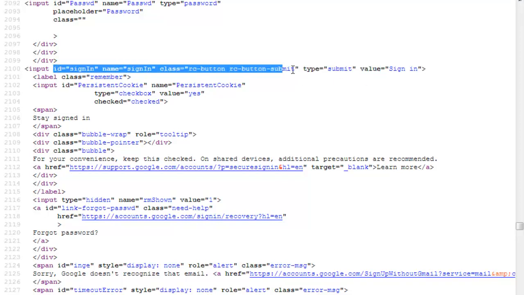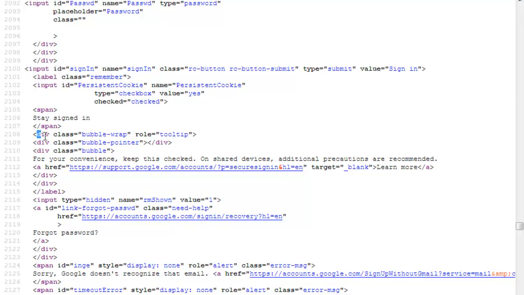These are known as the attributes, and input out here is known as the tag name. With a particular tag there are attributes. With the help of tag and attributes, you identify the objects on the web page.